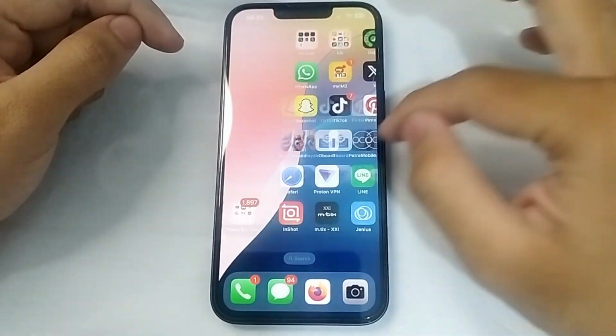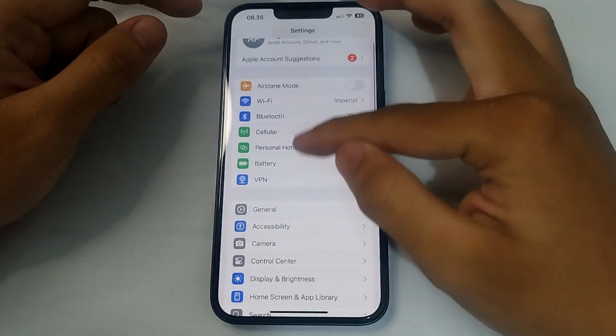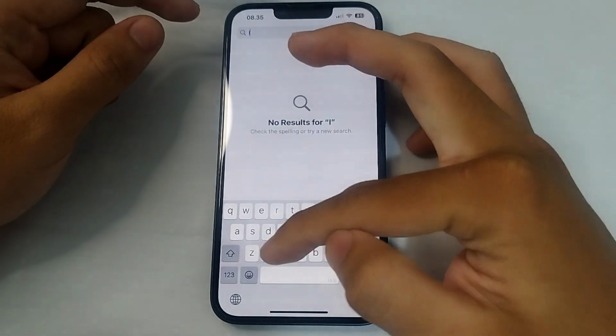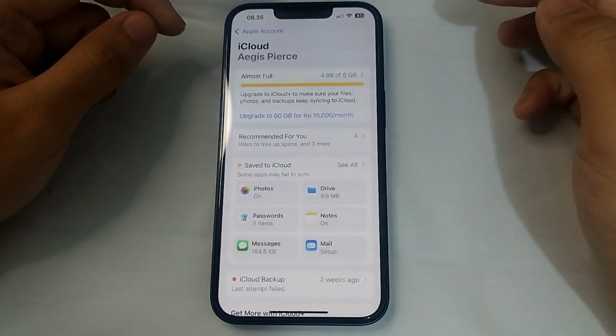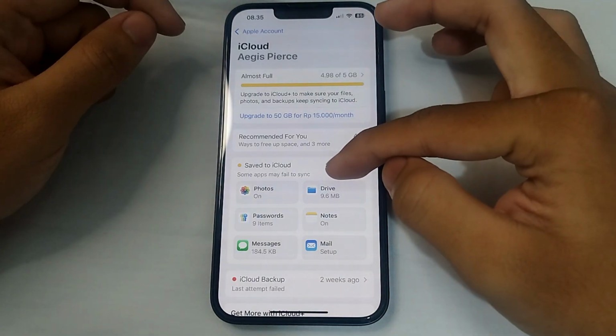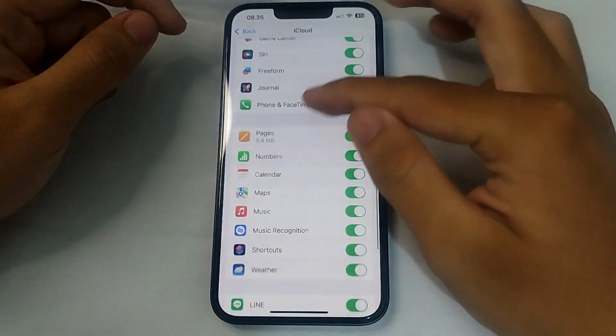Now the next thing you have to do, you have to go back and go to settings. Now on settings, you want to go to a setting called iCloud, like this. So just type in iCloud like this. Go to iCloud. Now on iCloud, you want to go to see all on the save to iCloud one. And then you want to scroll down and make sure the WhatsApp app is